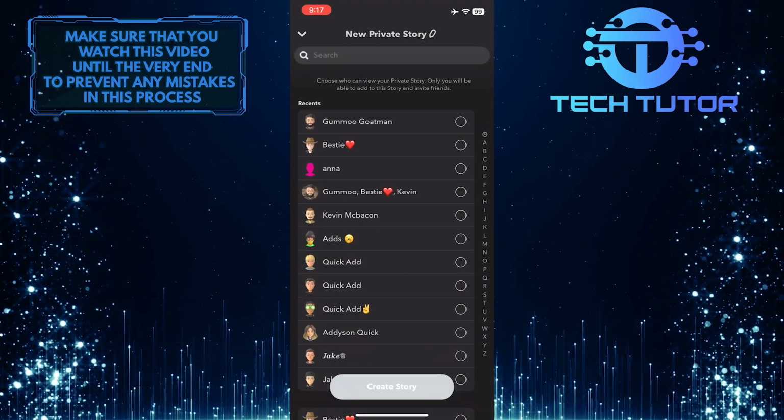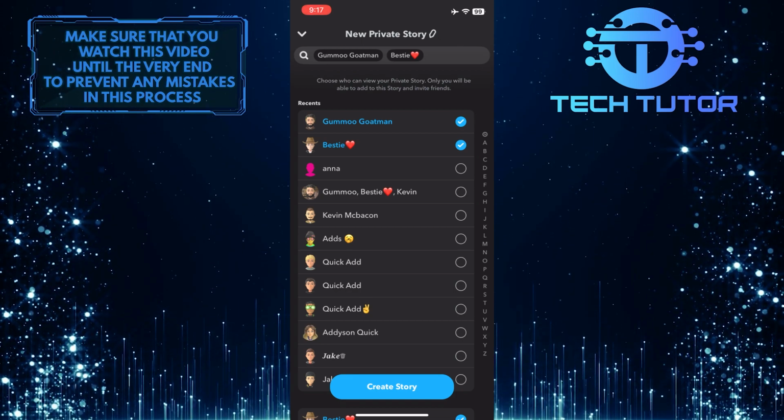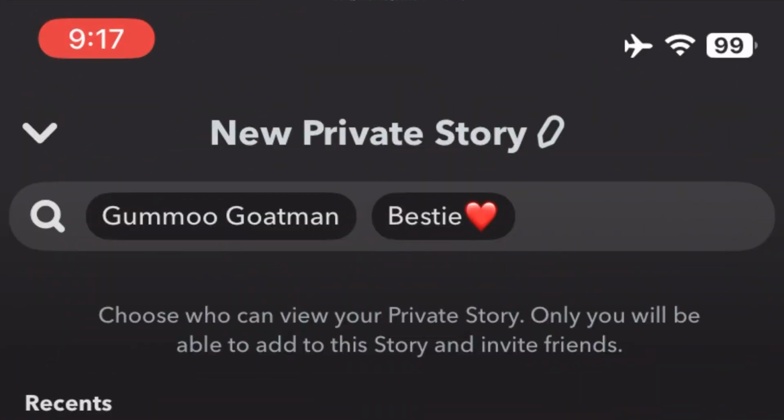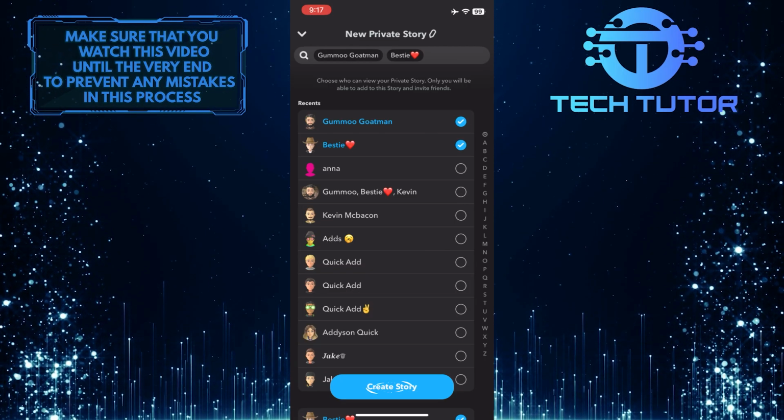And now what you want to do next is select all the people to whom you want to grant access to view your private story. So only the people that you select on this screen will be able to view your Snapchat private story. After you select them, tap Create Story,